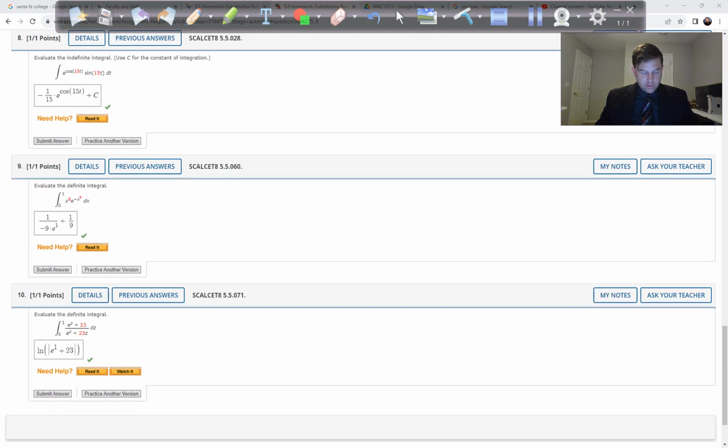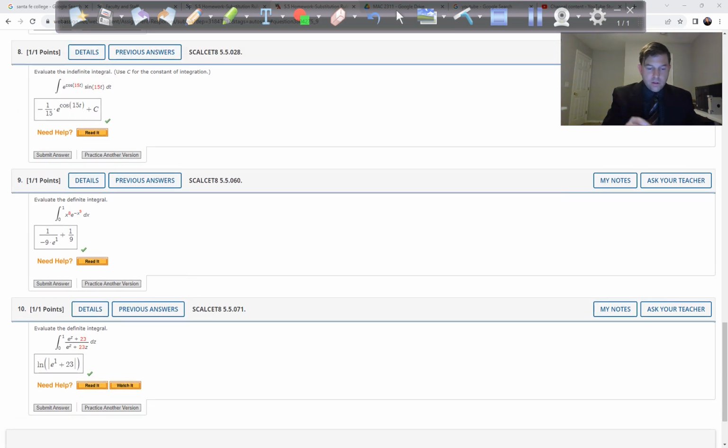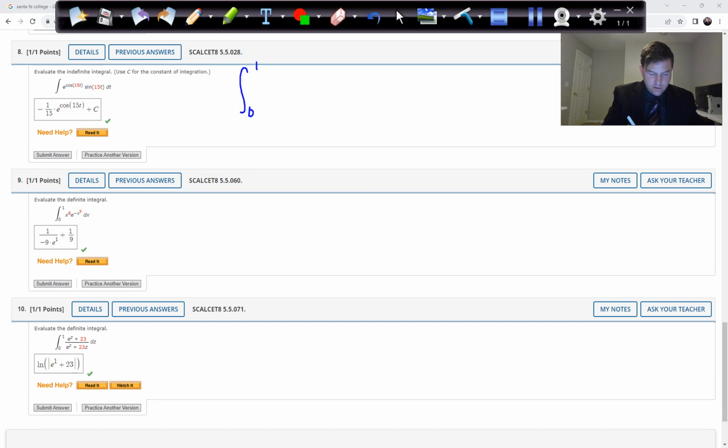Okay, last problem. Pretty similar. We have the integral from 0 to 1 again, e to the z plus 23 on top, e to the z plus 23z on the bottom, dz. Now this one you have to kind of just guess and try, but I'm going to notice that if I let u equal